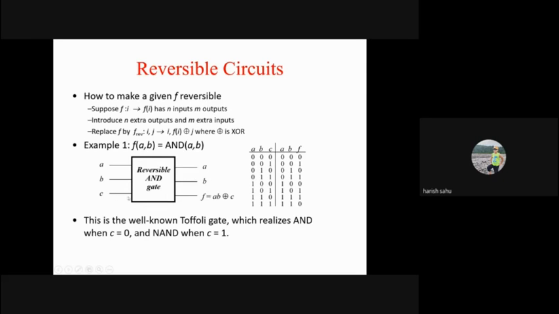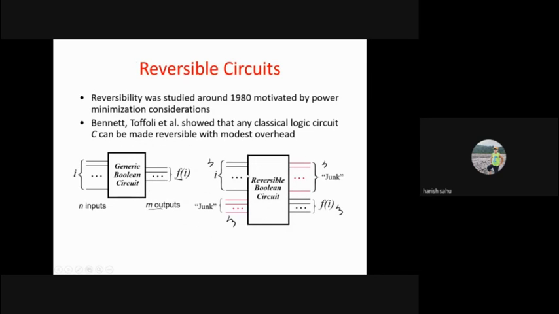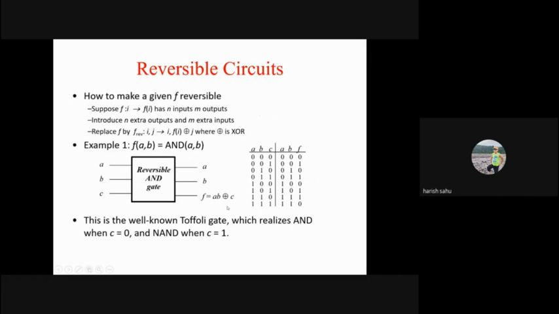So we need to add one extra input bit. In the output we add two bits and in the input we add one bit. The same thing: here this n and m in our case is 2. So input n is equal to 2 bits and output was 1 bit, so m was 1. So we are adding 2 in output and 1 in input bits.